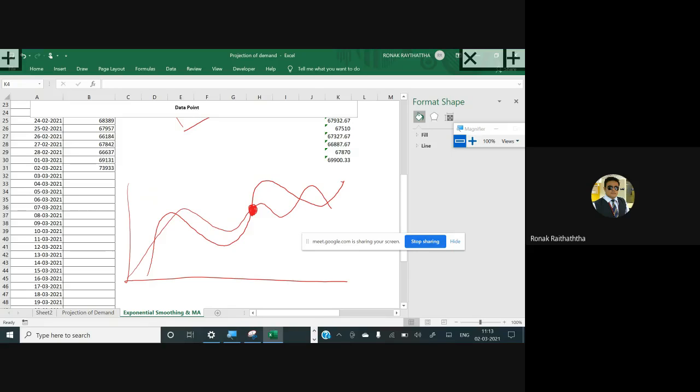Similarly, if the 50 days moving average is crossing over the 200 moving average at the downside like this, at that time you can make some of the conclusions like 50 days momentum is stronger than 200 days momentum at the downside. That means the recent trend about the 50 days moving average